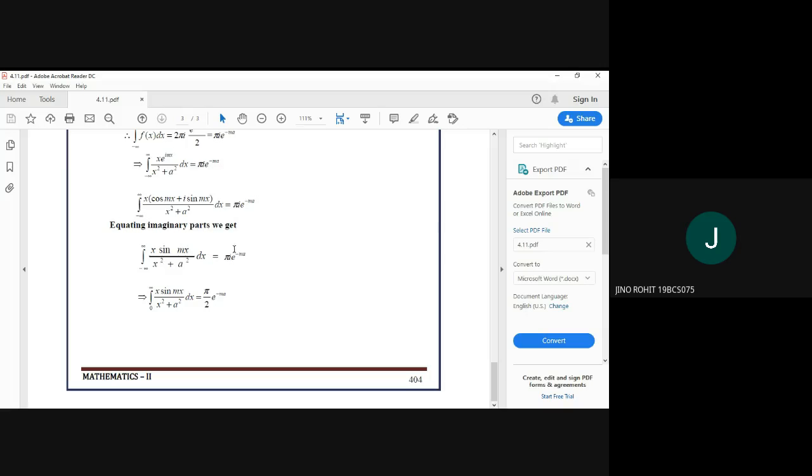Why is x odd? Like, how can you tell if f is odd or even? f of x equal to f of minus x means that is even. f of minus x equal to minus f of x means that is odd. So here the function f of x is x only. Then we replace x by minus x. So automatically f of minus x equals minus x only. We got the negative sign of the given function, which means that function is called an odd function.